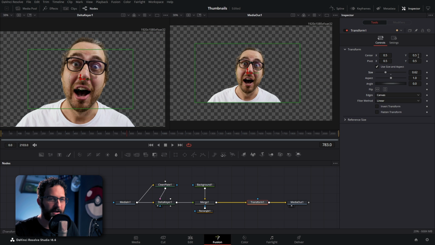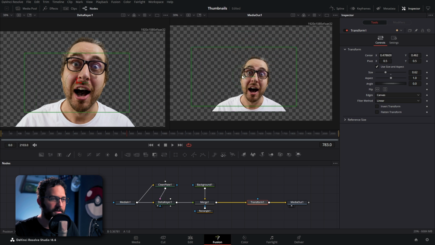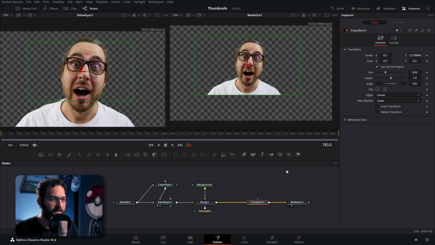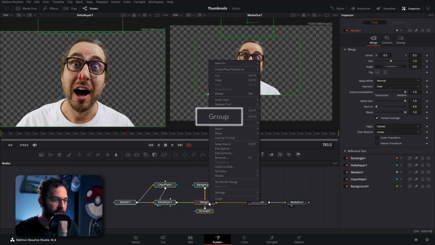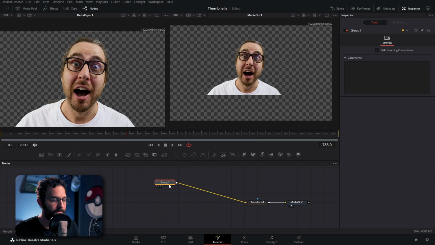So I can bring the size down, move this all around, just click and drag it around, and now we just have a perfectly nice cutout person that we can just move around. But in order to not get too confused with what's going on here, what we can do is just highlight all of our nodes here, and then we can right click and select group, or instead of grouping